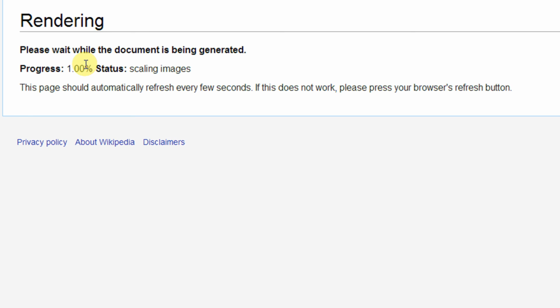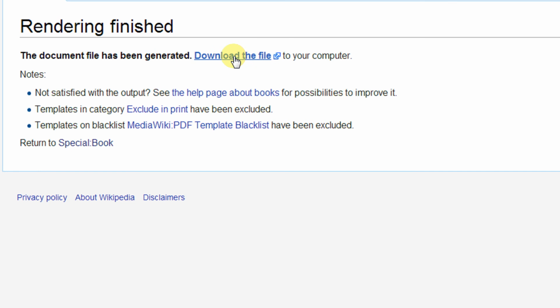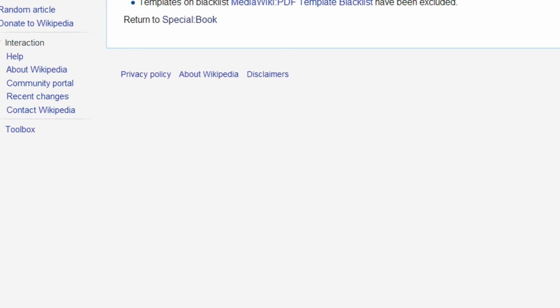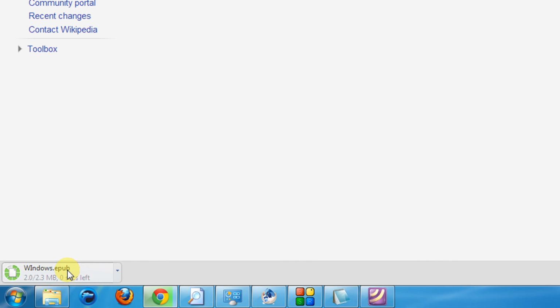So this helps you to make books of your choice and of your kind. For example, if you are going on a travel trip and you just need to see our downloaded file is generated. So I was on the example, see it's downloading windows.epub. I could not open it on my Windows, I don't have any EPUB opener, but in your ebook reader it will definitely open. So if you are planning a trip and you are visiting some 5 or 10 places, just take the 10 Wikipedia pages, generate them into EPUB format, take it on your Kindle and enjoy the trip.